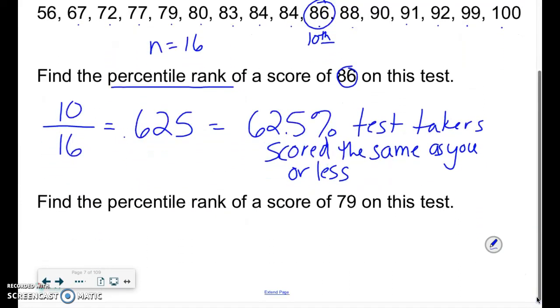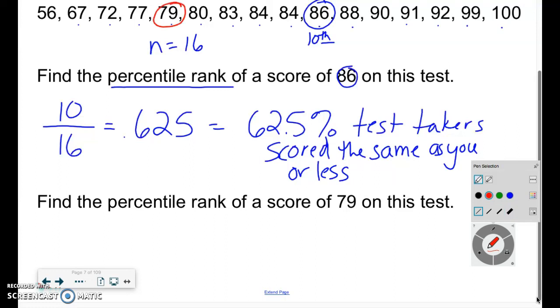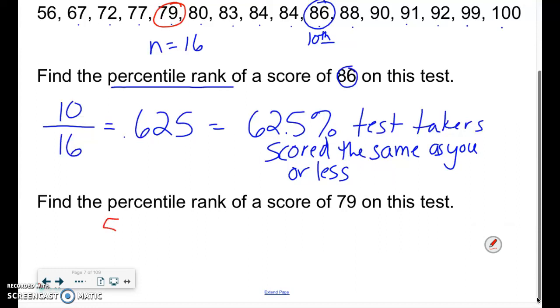All right, next one. Find the percentile rank of a score of 79 on this test. I'm going to change colors. We're looking at 79. Look in your ordered list. And 79 is this particular value in red. 1, 2, 3, 4, 5. And I am looking for the 5th out of 16, which is, if I use my calculator, because it's the end of the day and I am tired, looks like,